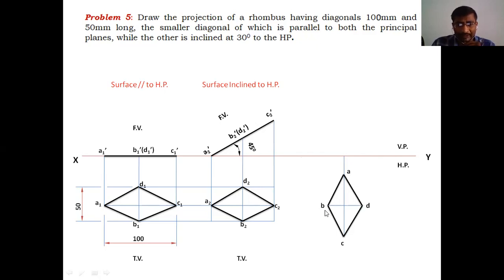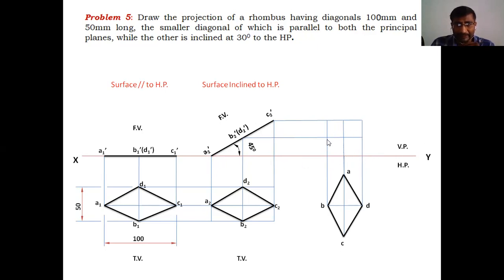that is, draw the projection lines from each point towards the area above the XY line. So this is the projection from A and C, which coincide with each other, and the projection from B and the projection line from D. These are the vertical projection lines drawn from each point of the top view in the third stage. Similarly, draw the horizontal projection lines from the second stage front view. Like this, you have to draw the second stage front view. From the second stage front view, draw the horizontal projections. The projection from A2 dash is the XY line itself.